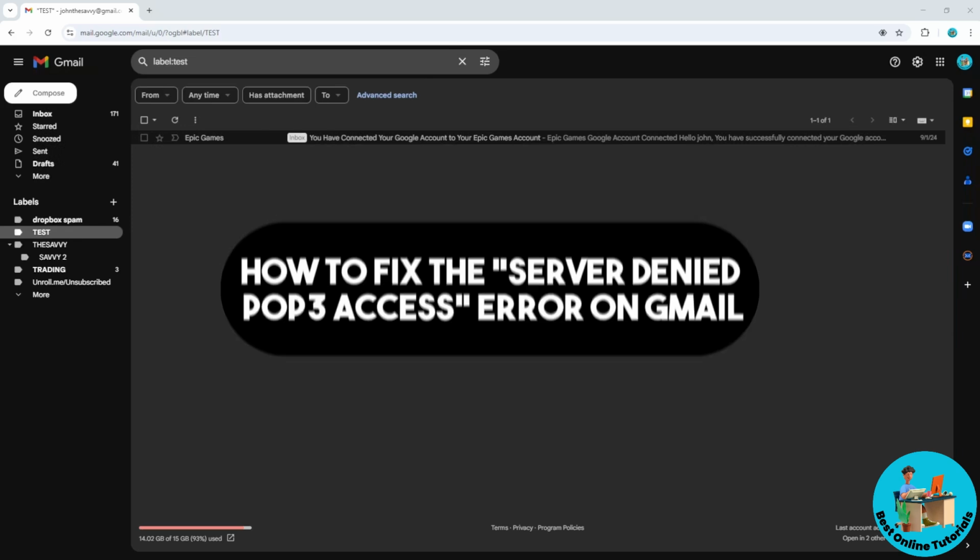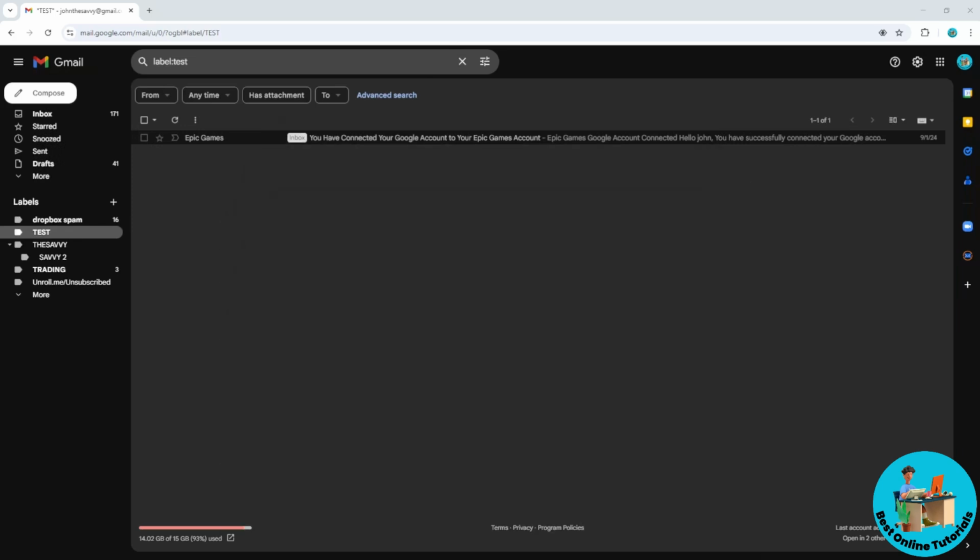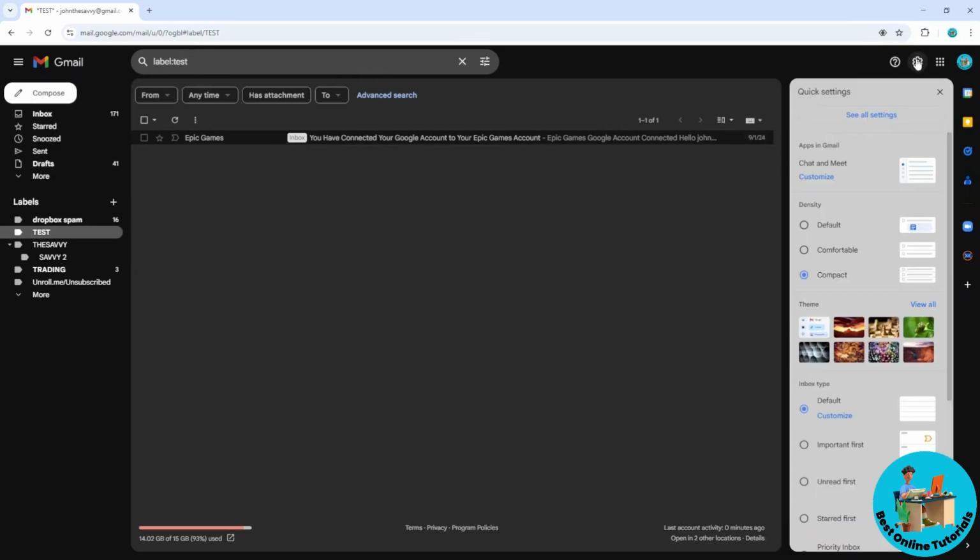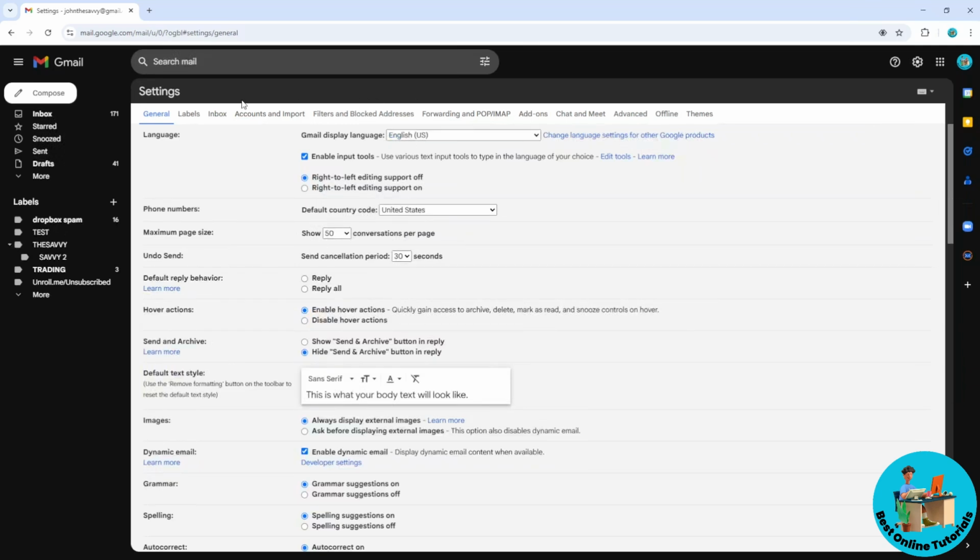Gmail. So guys, if you ever encounter this issue, what you could try to do is just go ahead and go to your Gmail and select the gear icon on the top right corner of the screen, which is the settings, and you should be able to see the sidebar. Just select See all settings. Click on this one, and now from here go to the category Forwarding and POP/IMAP,